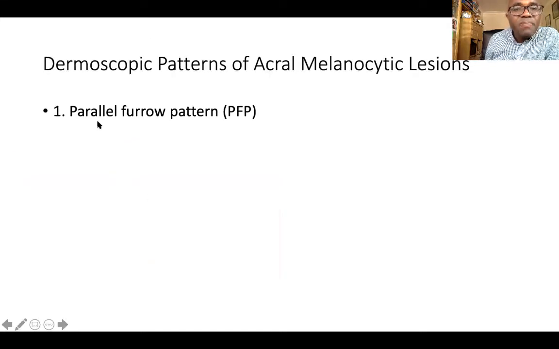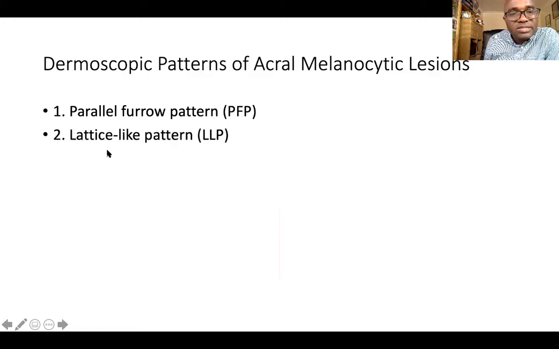So this is what we're looking at. When you see the parallel furrows on the acromelanocytic lesions, you can get a parallel furrow pattern. You can also get a parallel lattice pattern, or you can also get parallel fibrillar patterns. So these fibrillar patterns, lattice patterns, and furrow patterns are all areas where benign melanocytic cells will show itself